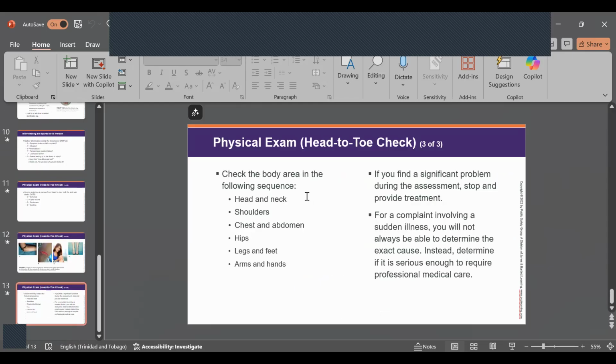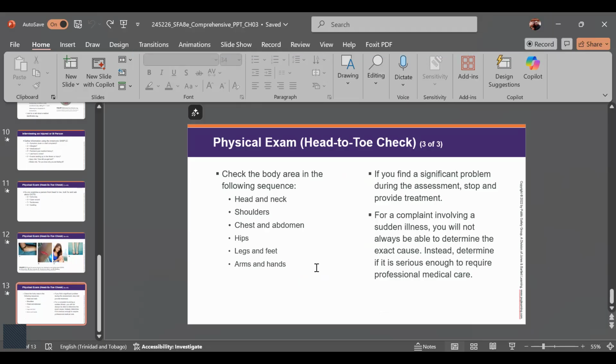Okay? And this is the sequence here for the head to toe check. Obviously, you start at the head, go down to the shoulders, the chest and abdomen, the hips, the legs and feet, the arm and the hands. And that's it. If during the assessment of any one of these you find a problem that is immediately dangerous to life,